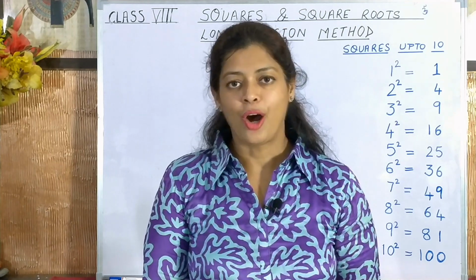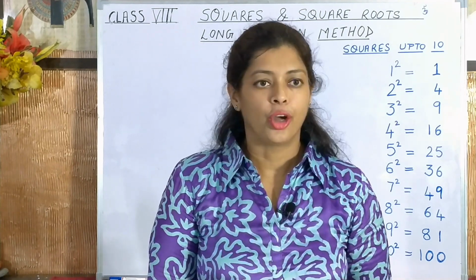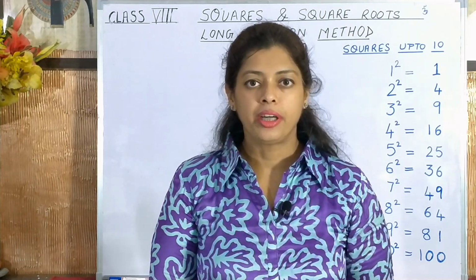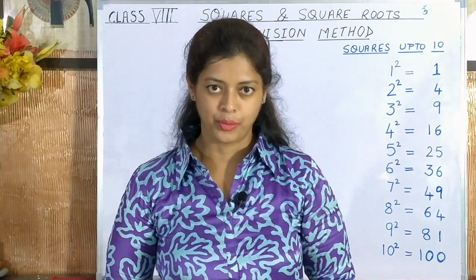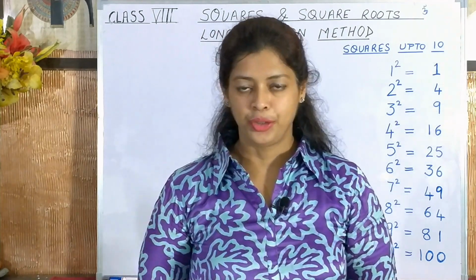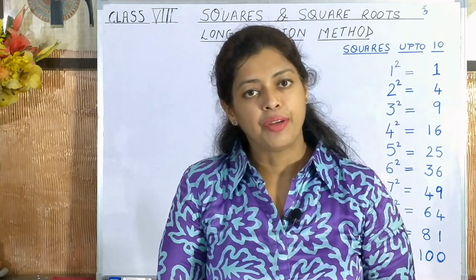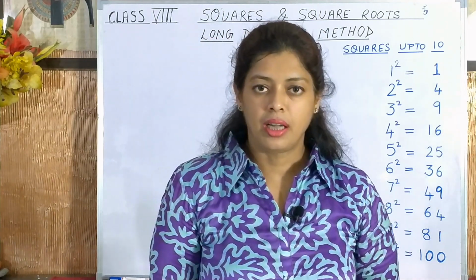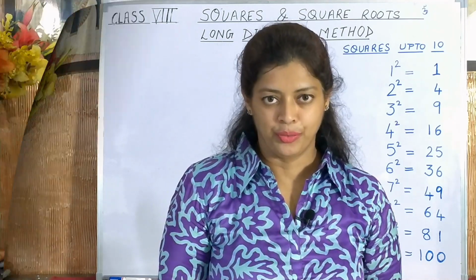Today I'll explain how to find the square root of a number using the long division method. Now you all will ask me, why do we need to know the long division method when we already know the repeated subtraction and prime factorization methods of finding square root? Well, although those methods are simple and interesting to use, when the numbers are very large, it becomes difficult to use those methods. So to overcome this, we use the long division method and I'll try to make it simple for you.